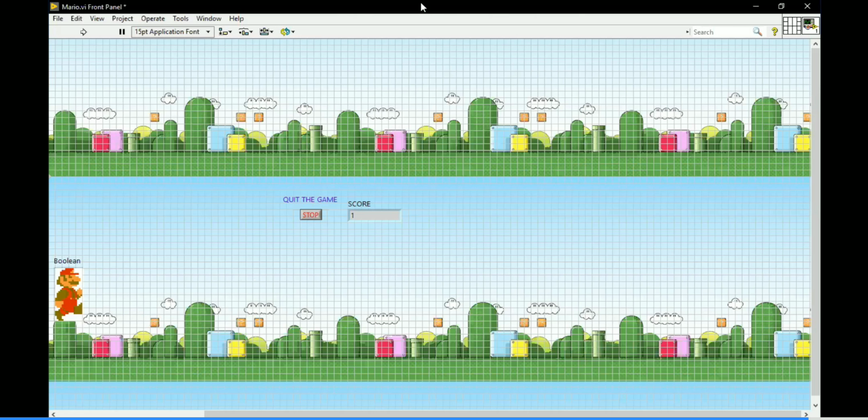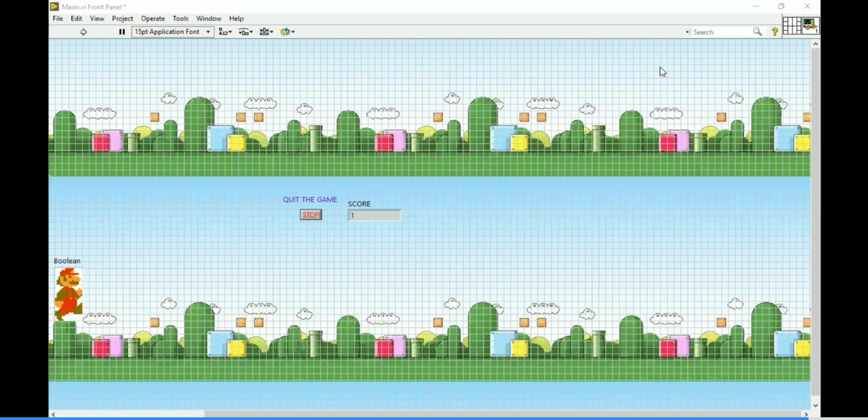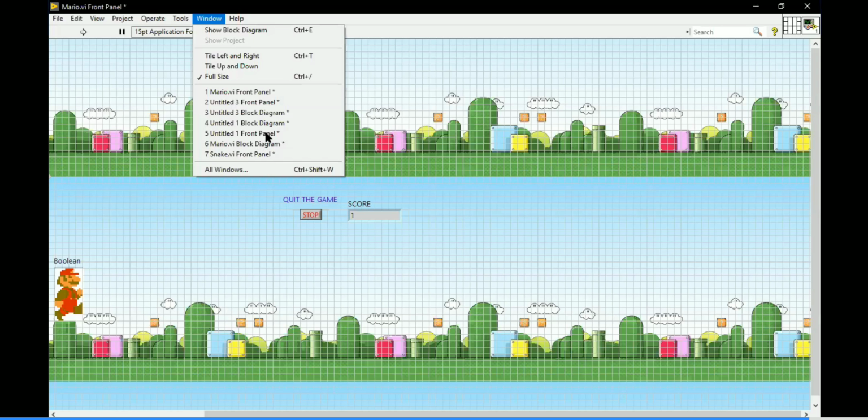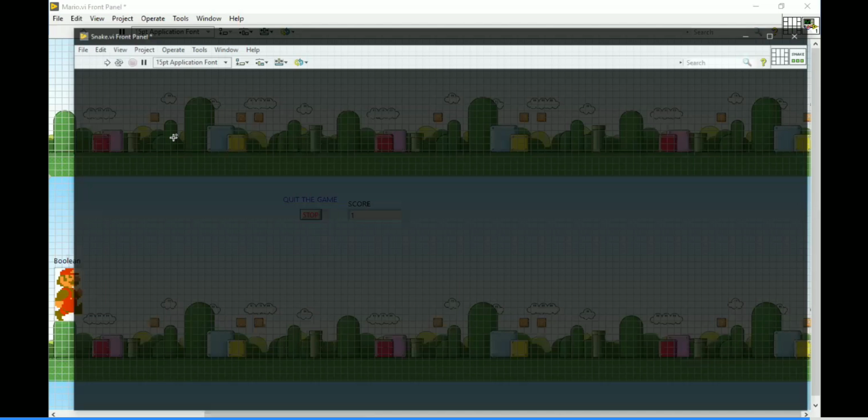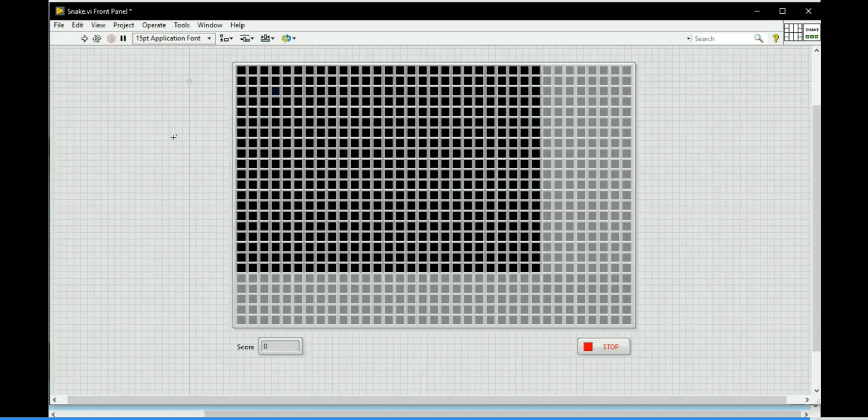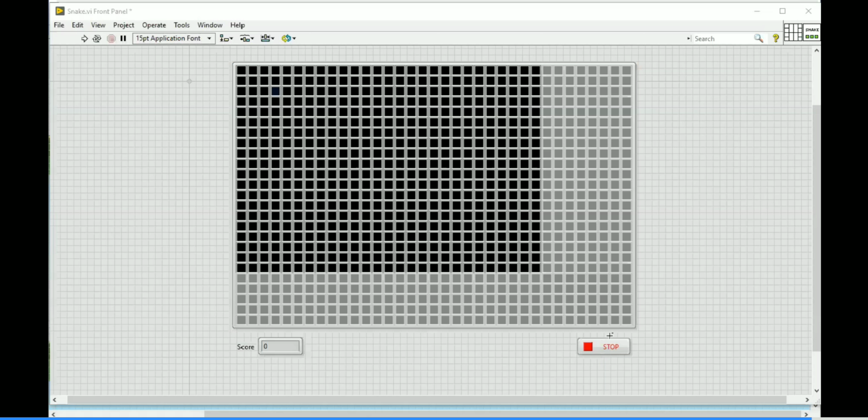Then I will go for the next one. Has anybody tried the next one? So, the snake game. Normally you play with the keyboard only, using the four arrow keys. Who is going to play? Anybody? I don't know how this game is going to respond. Anybody interested?